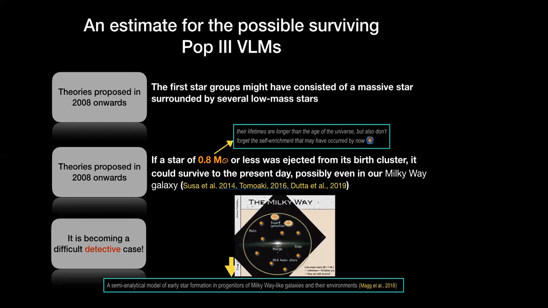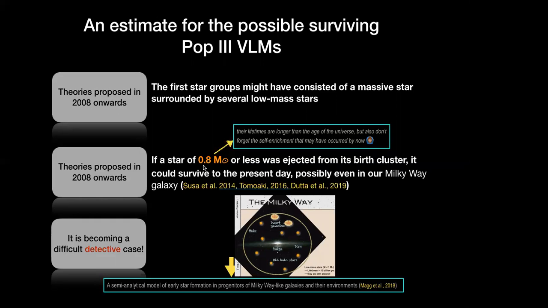The low mass end of the primordial star is also important in another aspect. And that aspect is, can we actually detect these low mass stars formed as a first generation, as Pop III stars? Well, the simulations again have suggested that even a 0.8 solar mass object, if it was there, can survive to the present day. How is it possible that you can have a 0.8 solar mass object in a primordial environment?